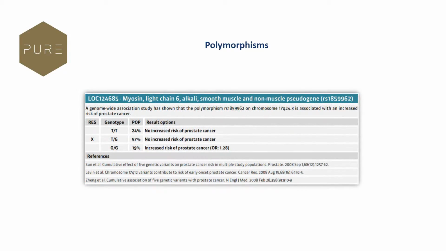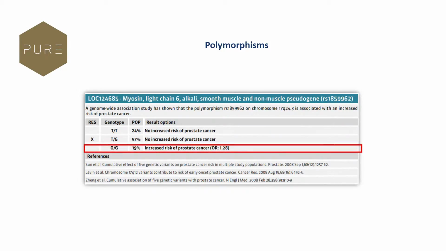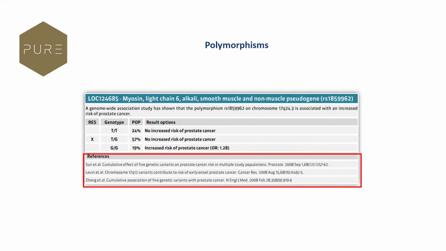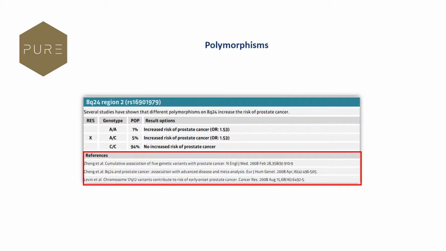So this is just one of the 10 genes. If we look at the next one, again, there are different genetic letters that could be present. 19% have an increased risk of prostate cancer. It's a 1.28-fold risk, so 28% higher risk. And the references here show the different genetic papers that have looked at this genetic variation and found this association